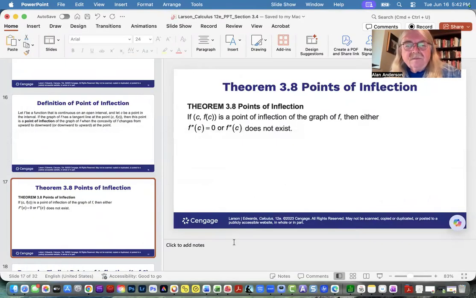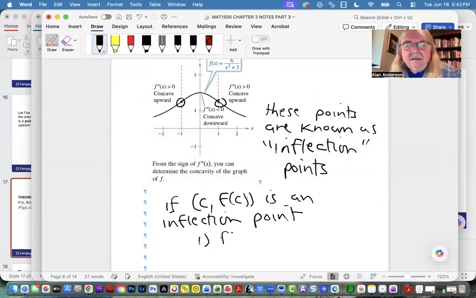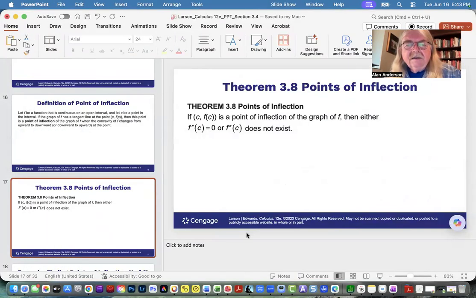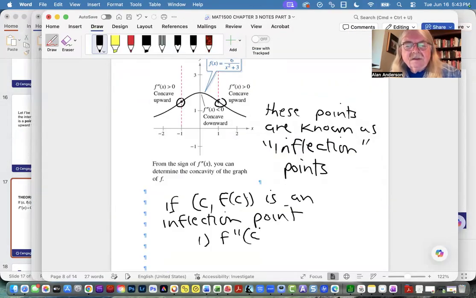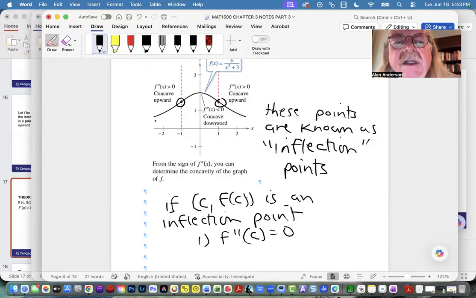Either the second derivative is zero. Okay, and here you can see why that would have to be, because the only way we can go from positive to negative is if it reaches zero somewhere in between. Okay, so in other words, even though it doesn't have that labeled at this exact point,